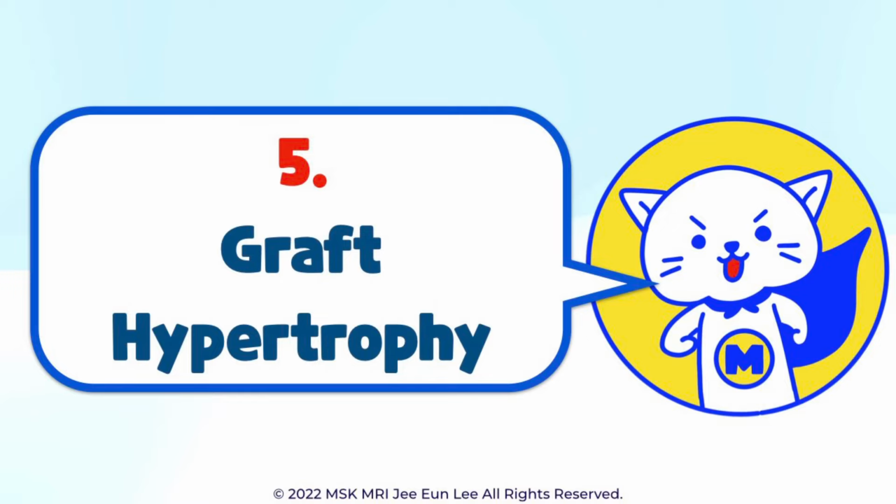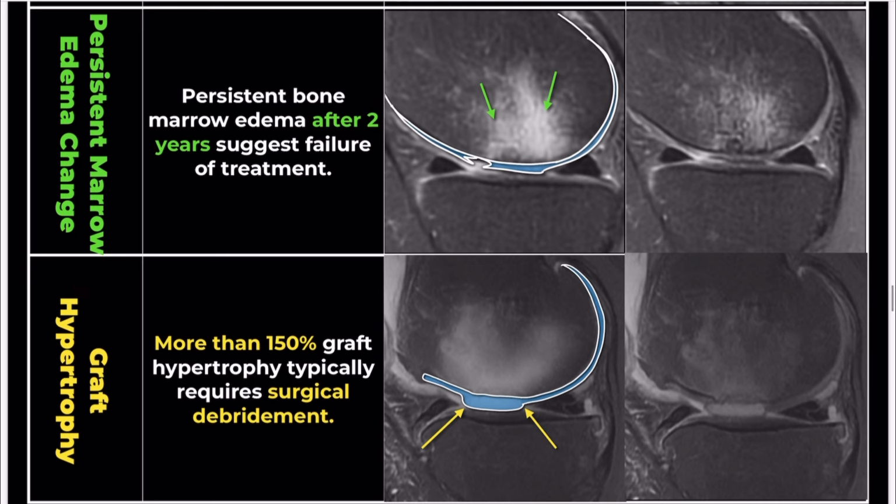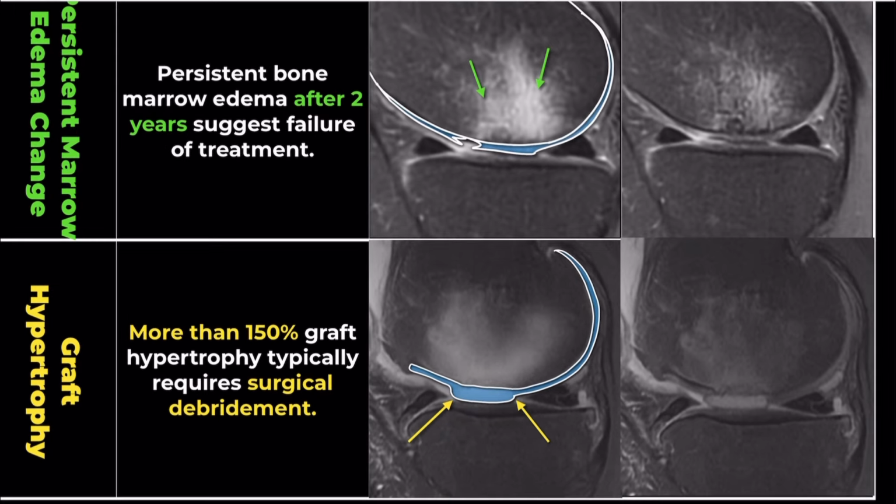5. Graft hypertrophy. Lastly, let's discuss graft hypertrophy. This patient underwent a cartilage repair procedure using Cartilage, a type of autologous chondrocyte implantation, ACI. 6 months following the operation, the MRI revealed a subchondral bone marrow edema-like lesion and significant graft hypertrophy, estimated to